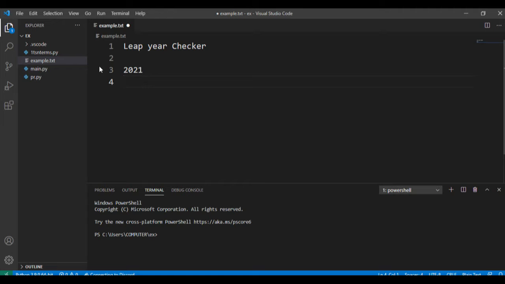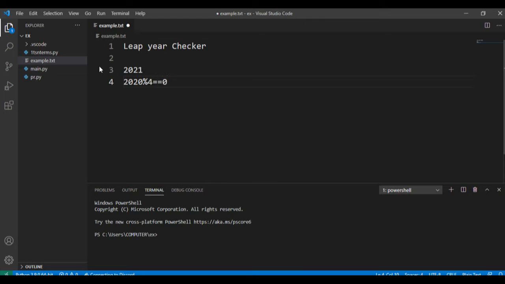For a year to be a leap year, it must be divisible by 4. Actually, I said it wrong. I have to say it must be evenly divisible by 4. What I mean by evenly divisible is that in programming, if I divide 2020 by 4, the remainder, year % 4, must be equal to 0. So that is what I mean by evenly divisible.